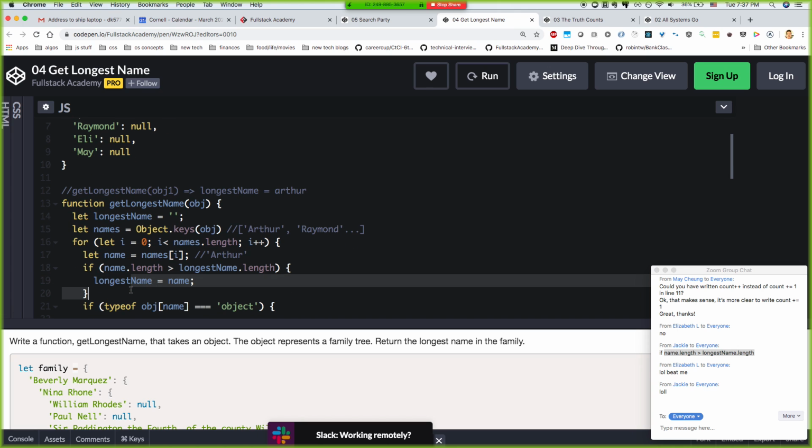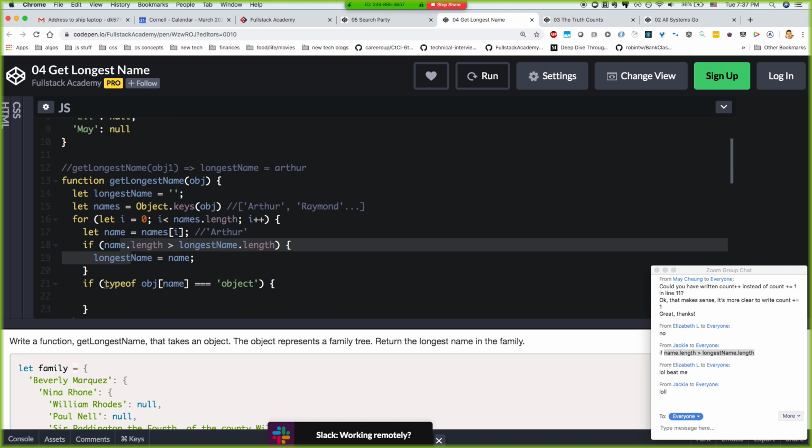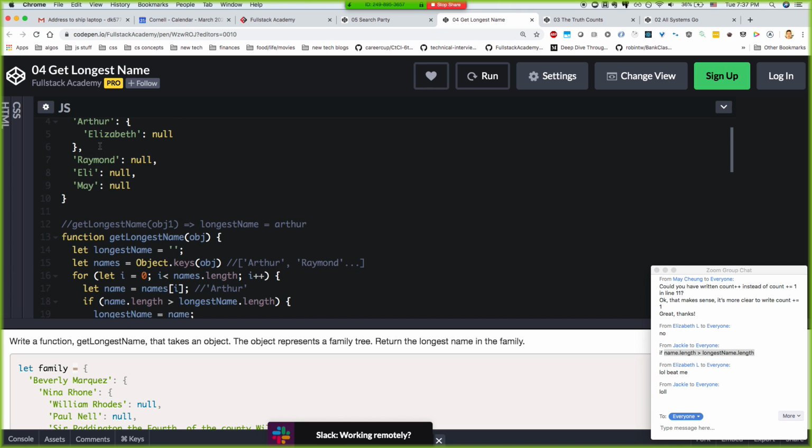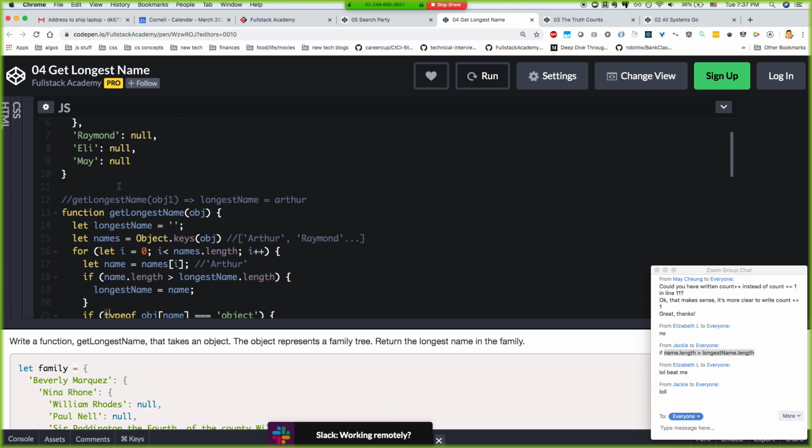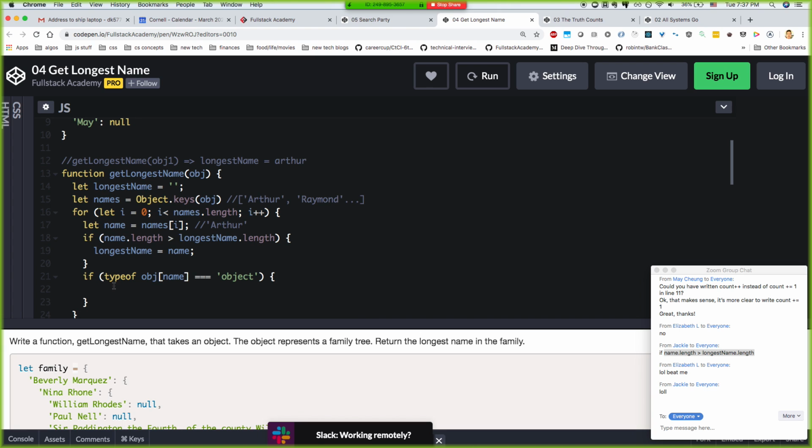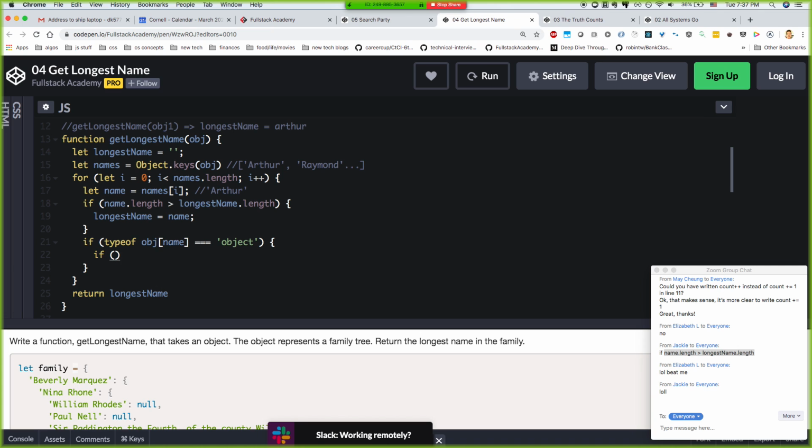But then because we set this, right? But then Arthur itself has an object, so we need to check the longest name of that. So we'll say if, and we know that returns a string, so we can say if get longest name of object name, and we know that's a string, so if that dot length is greater than longest name dot length, then we can say longest name equals,